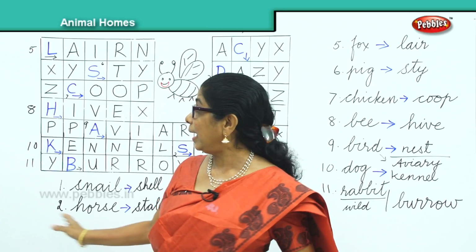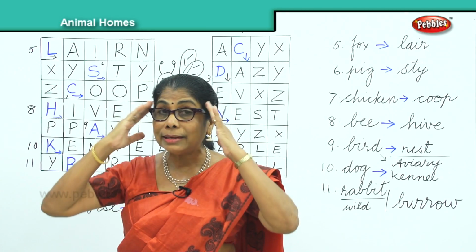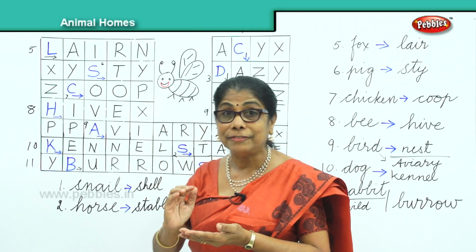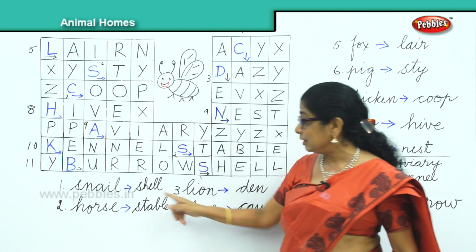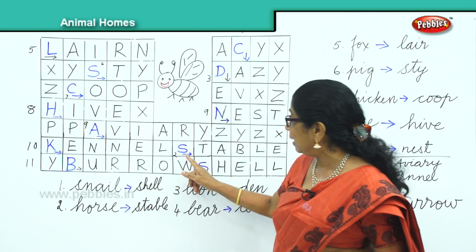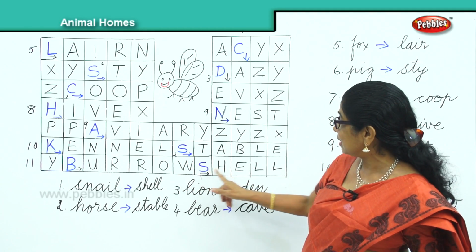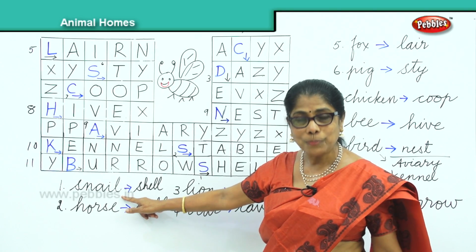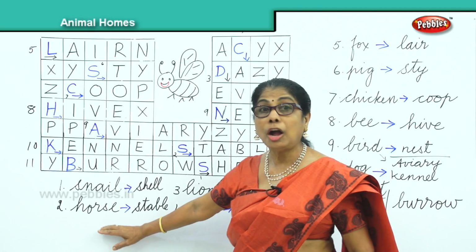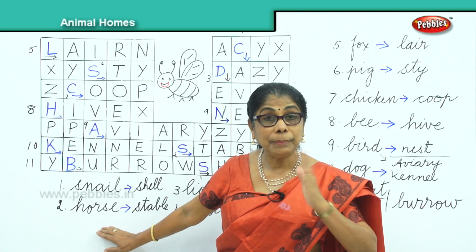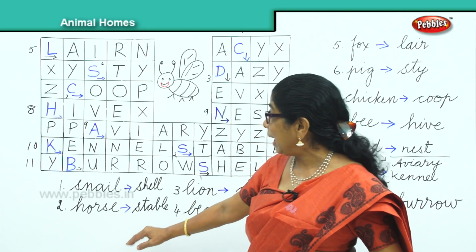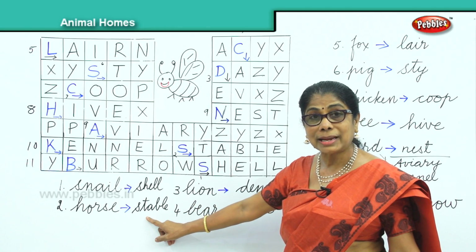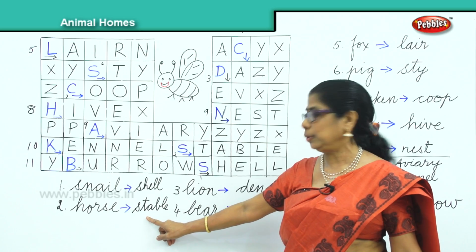Okay. So, here we'll go through this again. Let's recall to our mind. First, snail. Where does the snail live? She carries her home on her back. She lives inside the shell. Where is shell? S-H-E-L-L, shell. Snail carries her home on her back. She lives in a shell. A horse. It's a domestic animal. We keep the horses in our home and we build a little place for it, that's called stable. So, the horses are kept in a stable in our house.